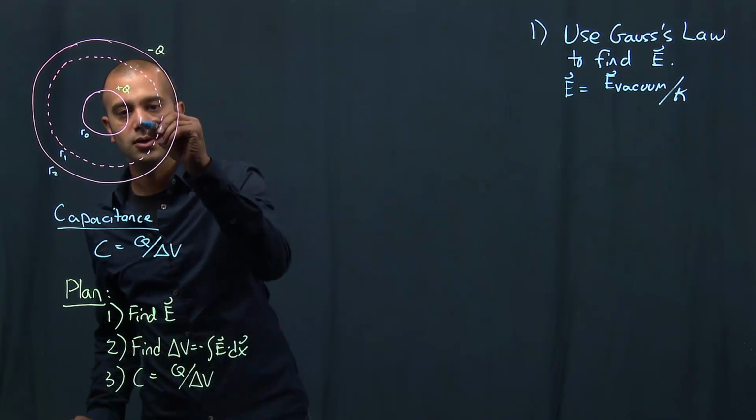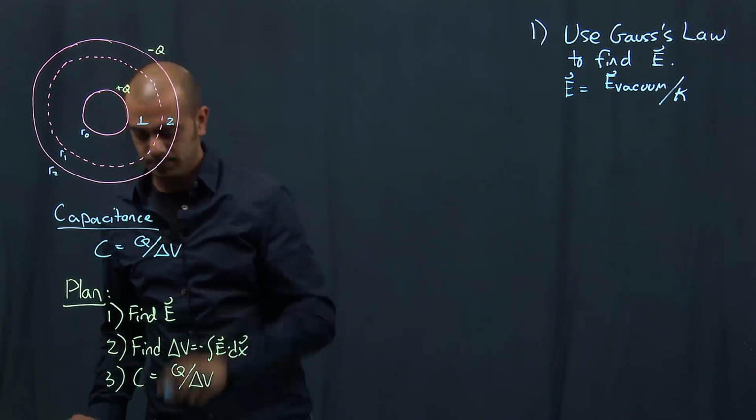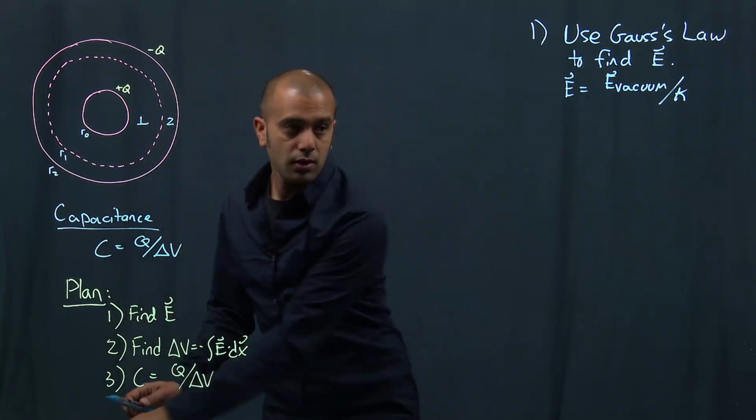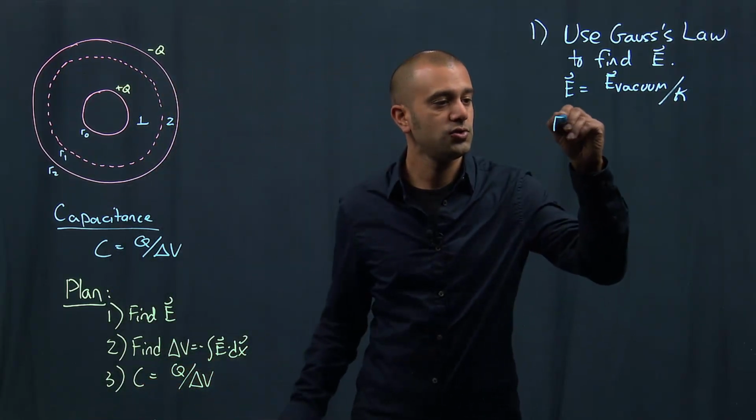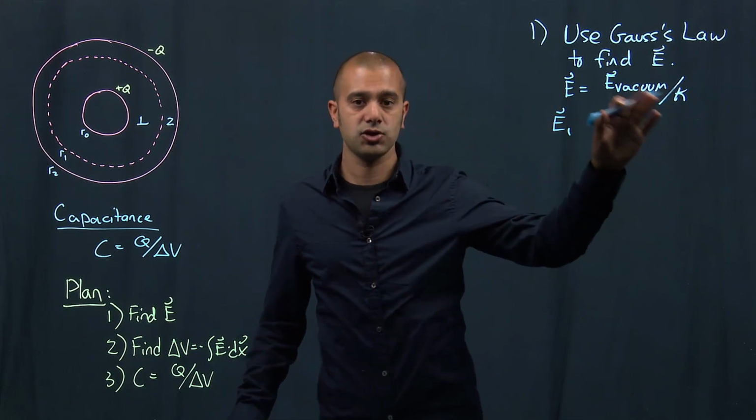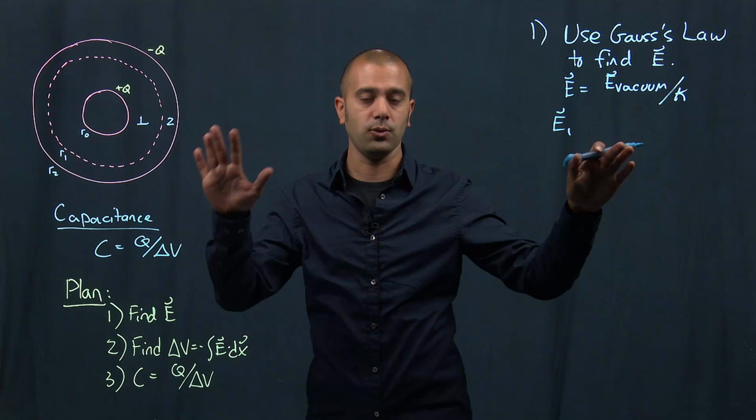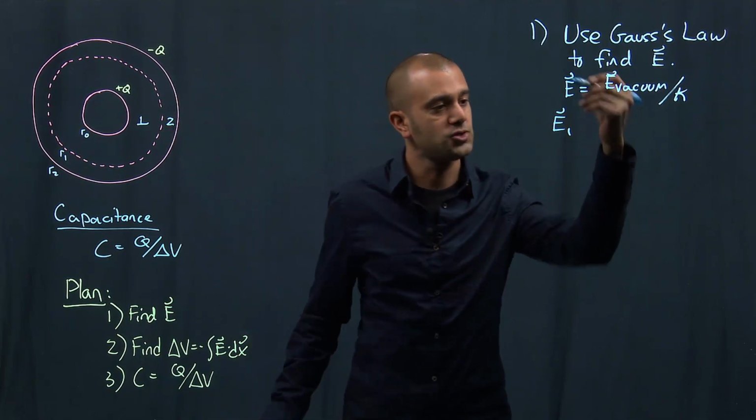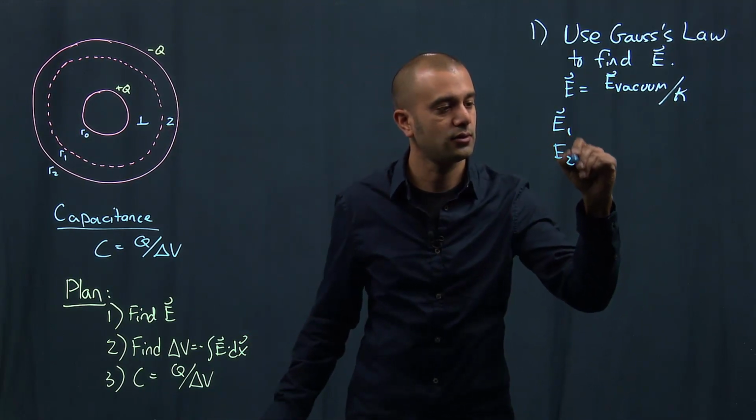Blue, so this is region 1. And this is region 2. And what you want to do is find the field using Gauss's law first, and then just divide by the dielectric constant in those respective fields to find out what the actual field is there. But you want to find it in terms of